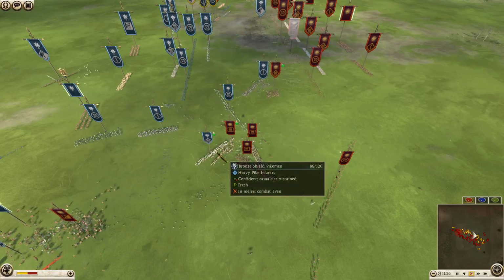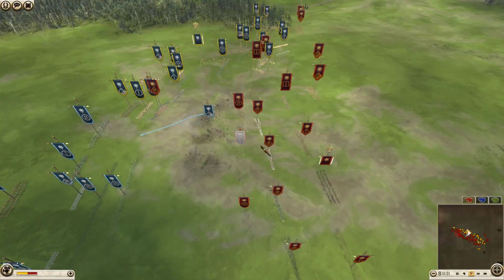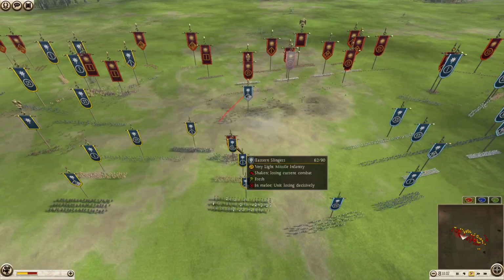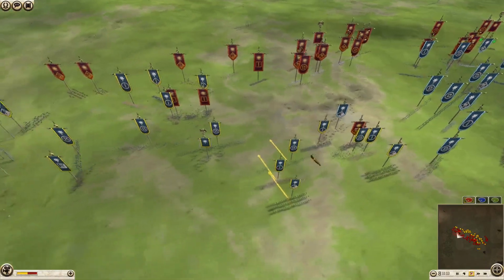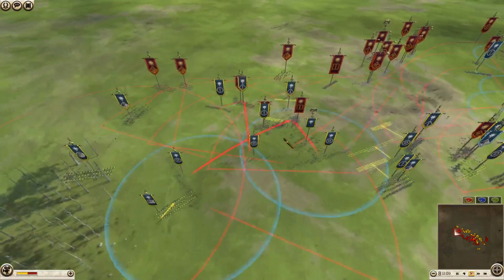This foot companion, though, is kind of getting wrecked by this bronze shield, which I'm kind of surprised about. Our ally in the center, though, did manage to inflict a ton of casualties, and you can see the fighting is starting over here. I'm losing a slinger. I wasn't paying attention, but I don't know if that was entirely worth it. I lose a slinger, but he loses a Thracian spear. I guess it was a pretty even trade, actually, but the slinger doesn't actually rout, so it wasn't worth it